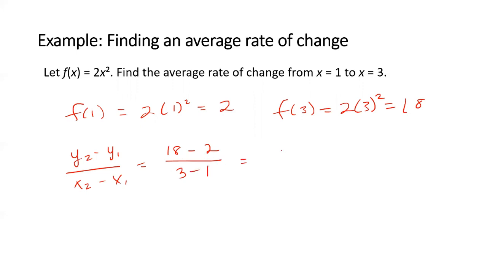So 18 minus 2 gives me 16. And then 3 minus 1 gives me 2. And so I end up with